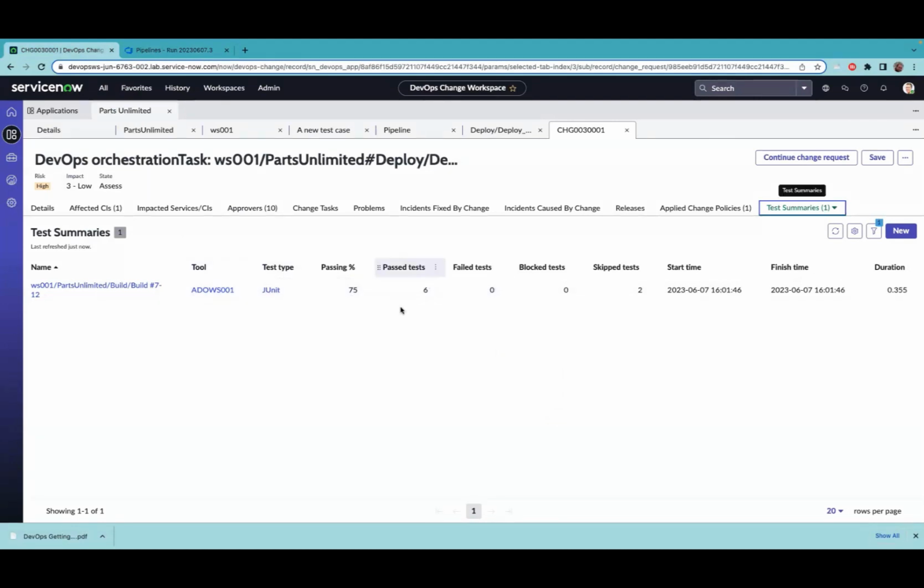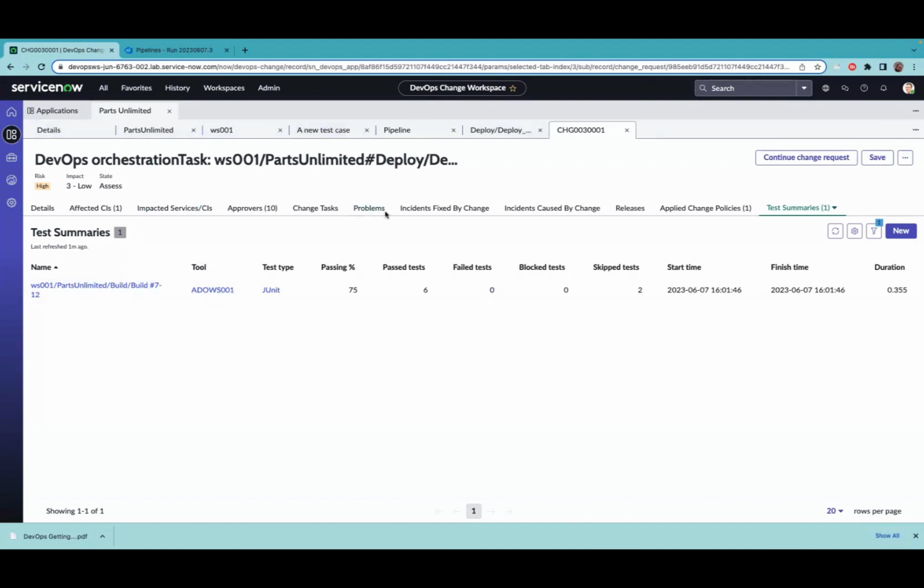We get that information directly from the pipeline. In the case of SonarQube, we actually will make a separate request to get that software quality data into the change record. So you'll see in SonarQube things like bugs, and you'll see security scans and so on. Data is very useful for using it in your change approval policies. Okay, so if you get the change record and you get the data that you see here,